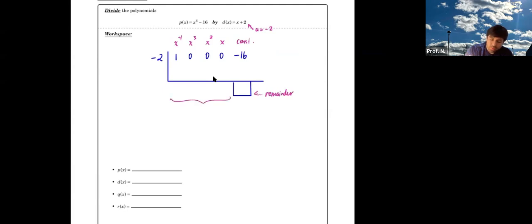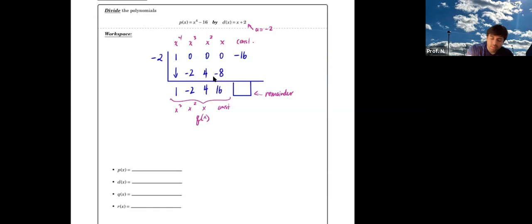And these are the coefficients of my divisor, which start with x cubed, then x squared, then x, then the constant. This is my quotient. And what's the first step? Bring down the 1. Negative 2 times 1 is negative 2. Add, this becomes negative 2. Negative 2 times negative 2 is positive 4. 0 plus 4 is 4. Negative 2 times 4 is negative 8. 0 plus negative 8 is